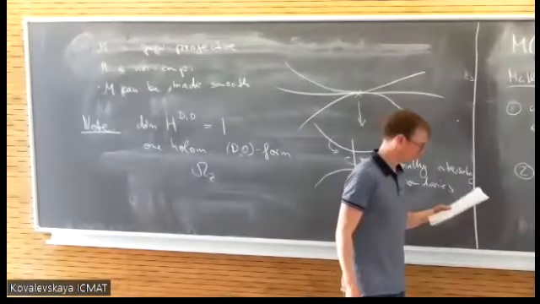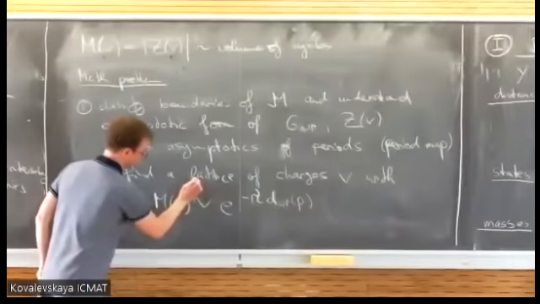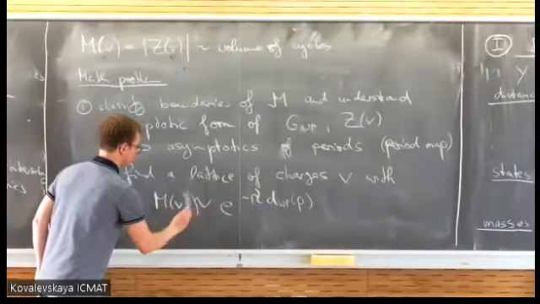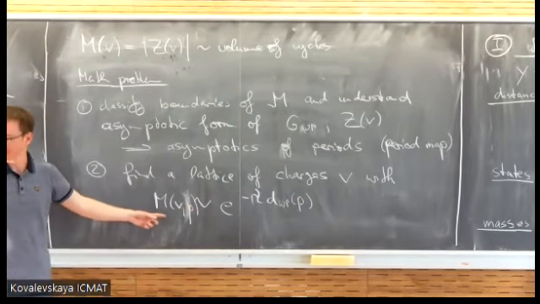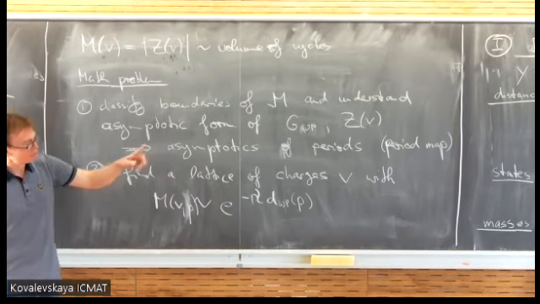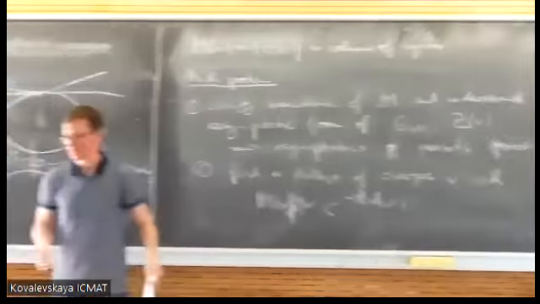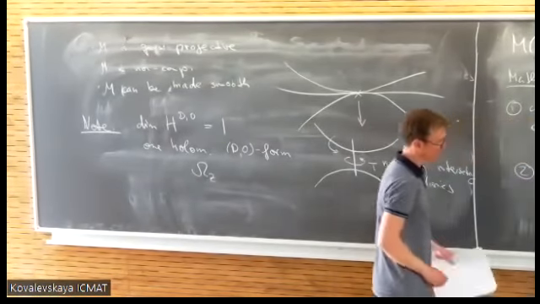Of course, this mass depends on the point in M, right? Oh yeah, this is physics. In physics, we tend to name everything with the same letter because it all means something. So M is the mass, and so it's called M. The moduli space is also called M, but it's a curly M. Please, it should not be confusing you. Okay.